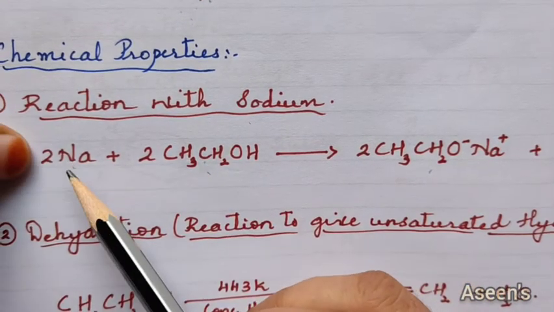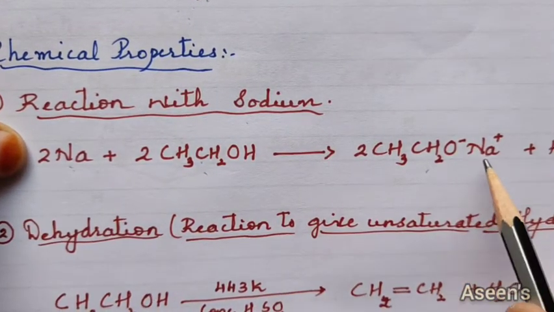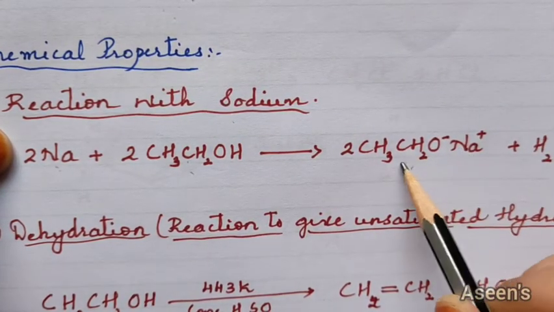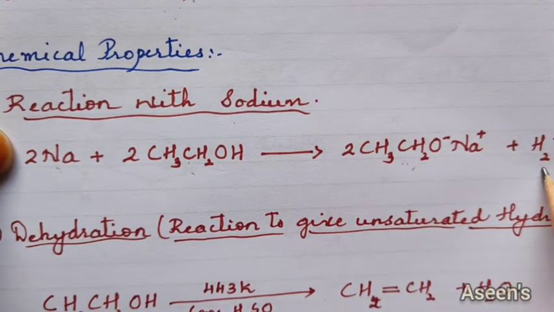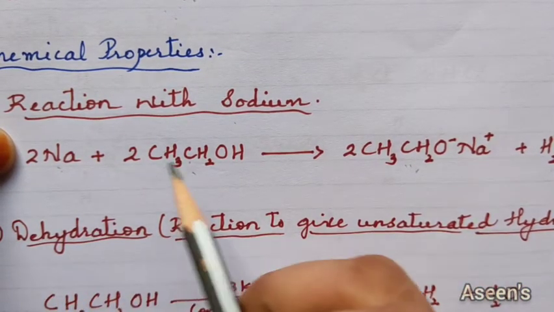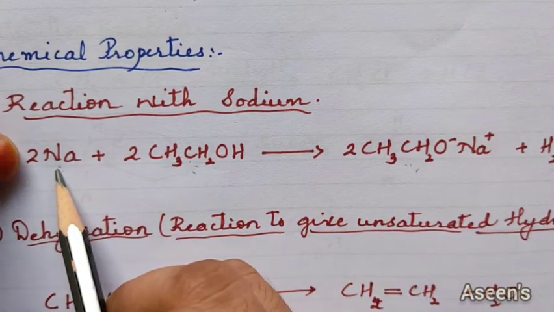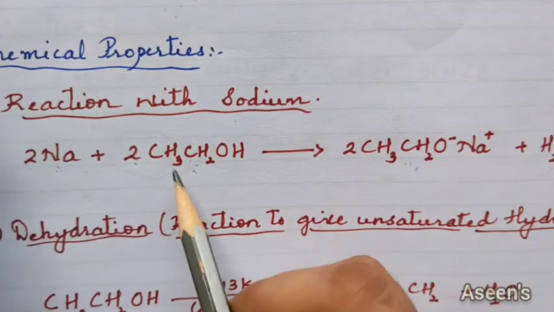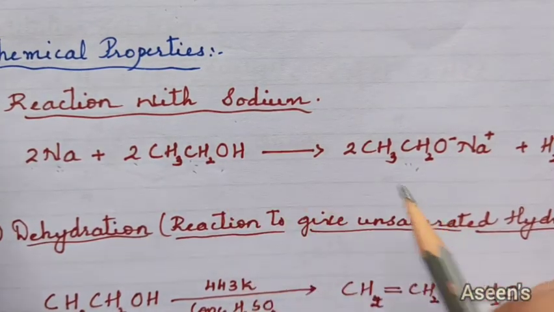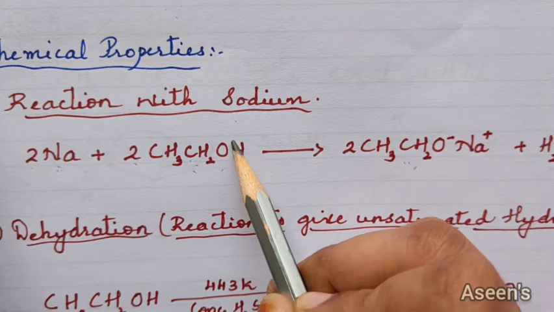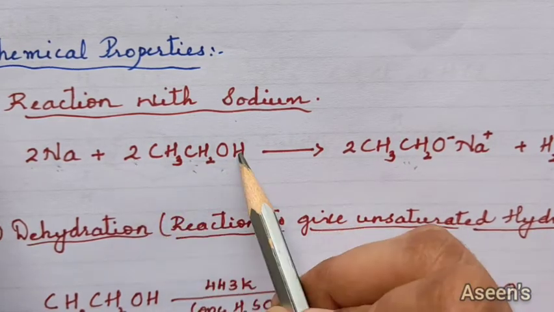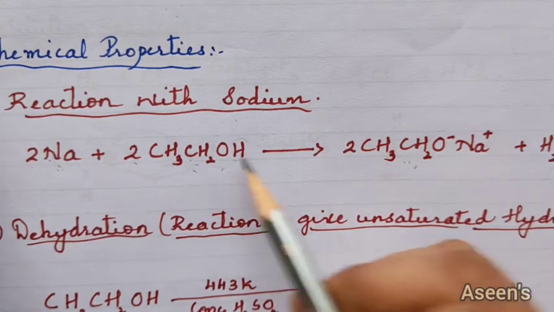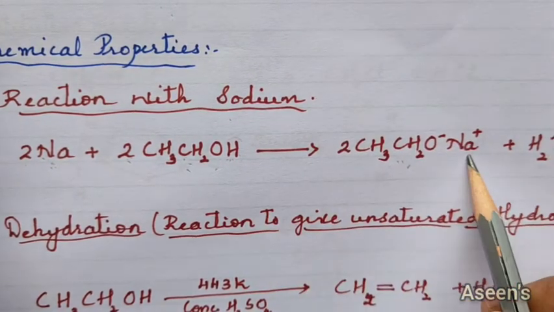Ethanol reacts with sodium to give you sodium ethoxide, along with hydrogen gas being liberated. Okay, so ethanol is reacting with sodium. For balancing we have taken here two sodiums for two molecules of ethanol, and these two sodiums are replacing this hydrogen. Since molecule is 2, for each one 2. Okay, and on substituting hydrogen, it's going to be replaced by sodium.